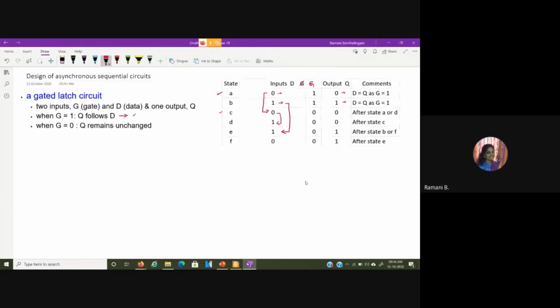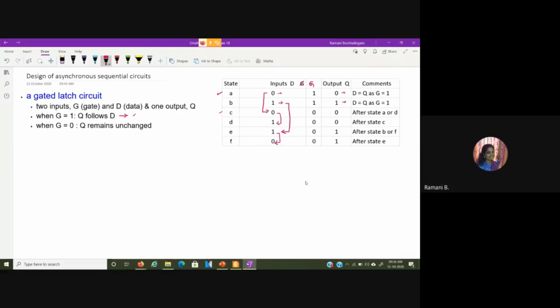The same way, this occurs after this one. So once G is equal to 0, if I change the input D from 1 to 0, my output should not change. So this is the overall condition we will be seeing over here.